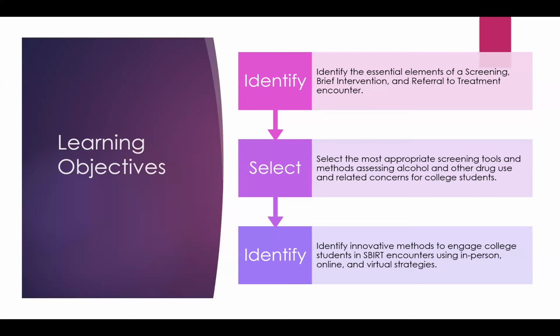you three main things. First of all, I'm hoping to cover the identification of the essential elements of SBIRT. Secondly, talking a little bit about what some of the screening tools for SBIRT are, not just for alcohol and drug use, but also for mental health and gambling. And thirdly, I'm going to focus on some innovative ways of delivering SBIRT on a college campus, no matter what